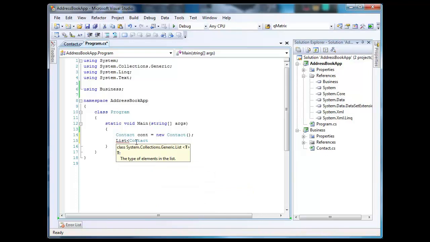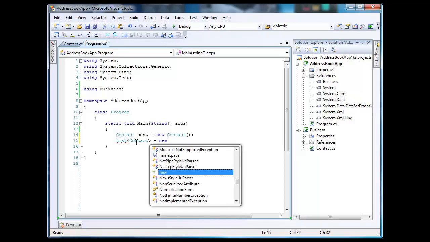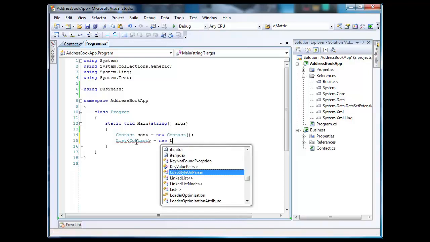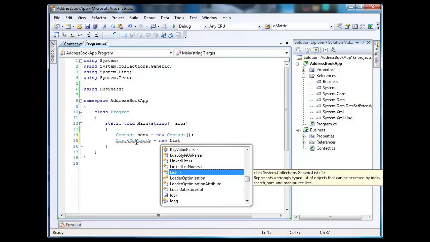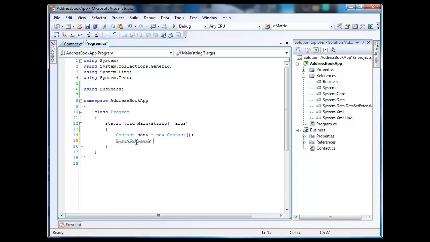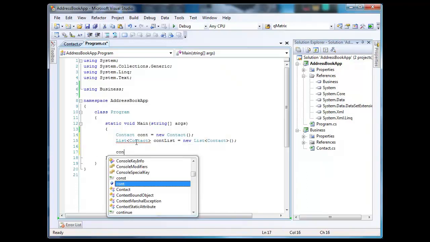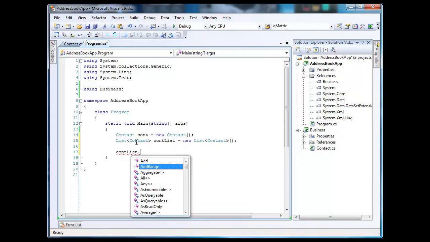This is generics right now, but I'm trying to make a point here. I have to give it a name, contList, equals new list, and if I say contList dot,